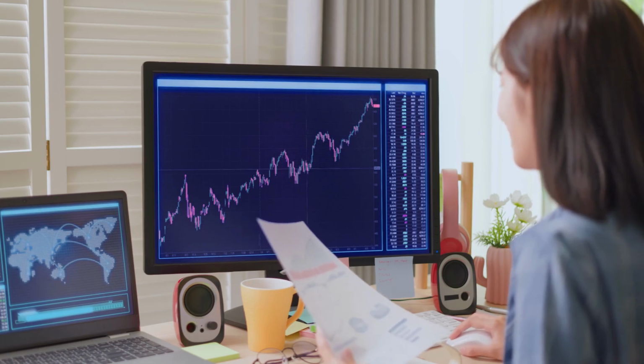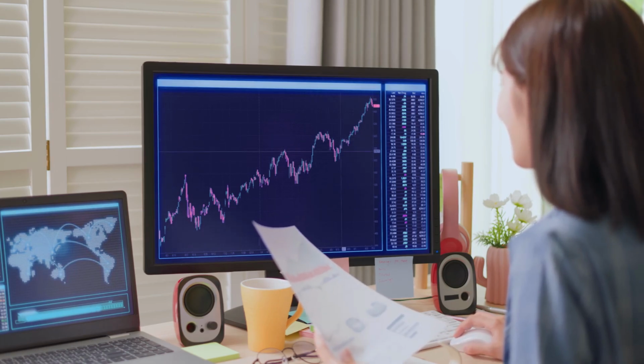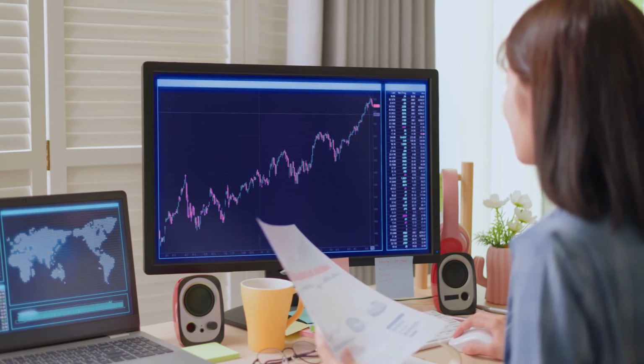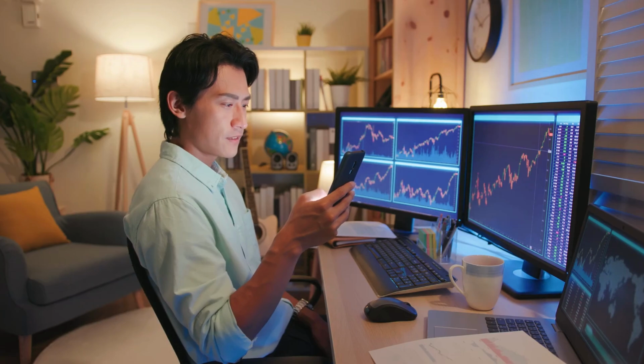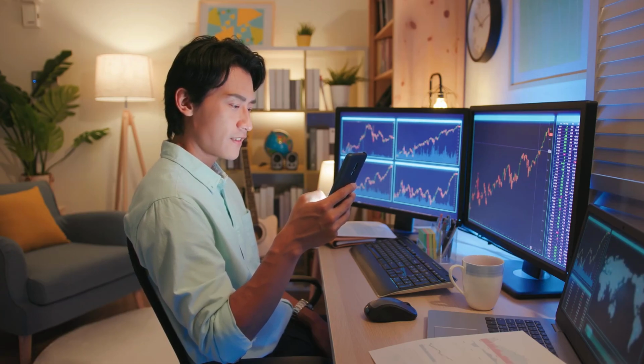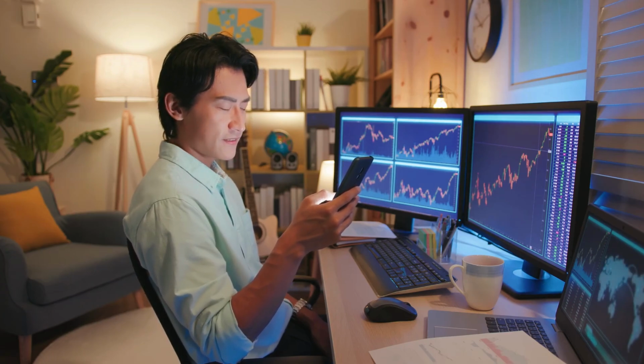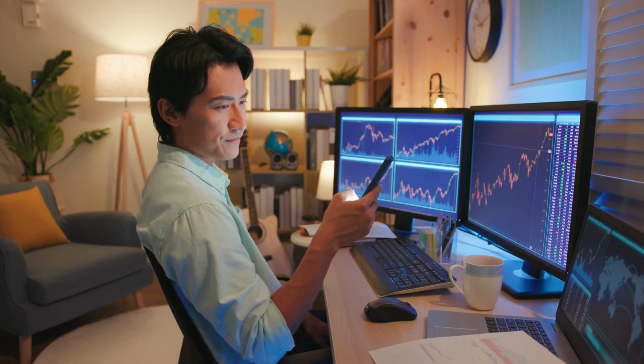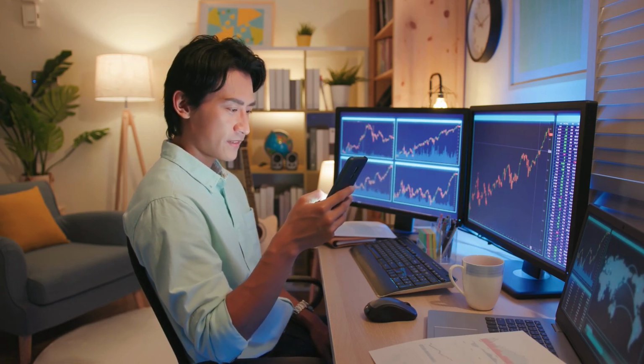2. Triangular arbitrage. Triangular arbitrage involves trading between three different cryptocurrencies on the same exchange. This strategy takes advantage of price discrepancies between the three assets. For example, a trader starts with Bitcoin, BTC,